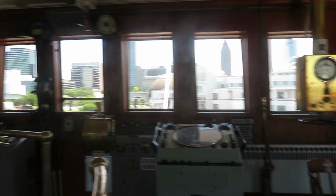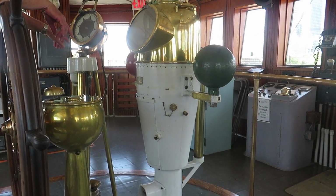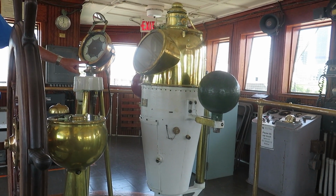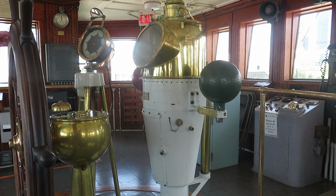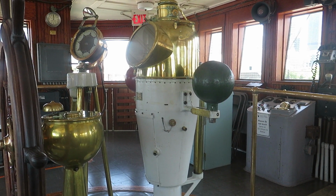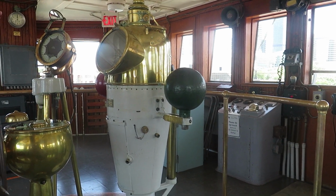Because this ship was set up with 2 compasses for navigation. The gyroscope is a mechanical system. There's a gyroscope 2 levels below us, and it is calibrated for true north. That is, north on here aims toward the North Pole. Okay. On a magnetic compass, because of the Earth's core,